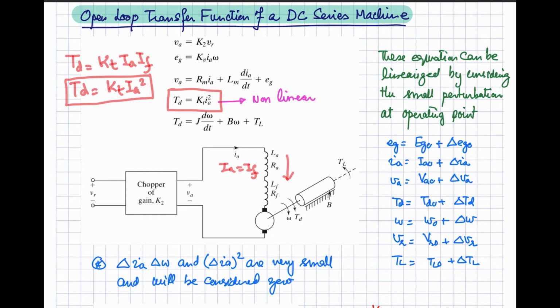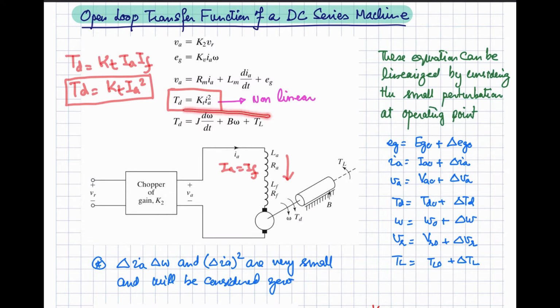So DC series machines give you high torque, and that's why they are used in those applications where you require high torque, for example, the cranes, elevators. Over there you require very high torque. Maybe in the traction system as well. In the old traction system, those have been extensively used. So where you want to develop high torque, you can use the DC series machine.